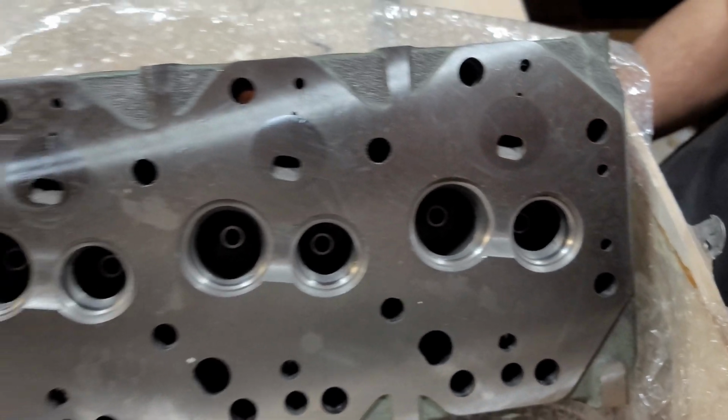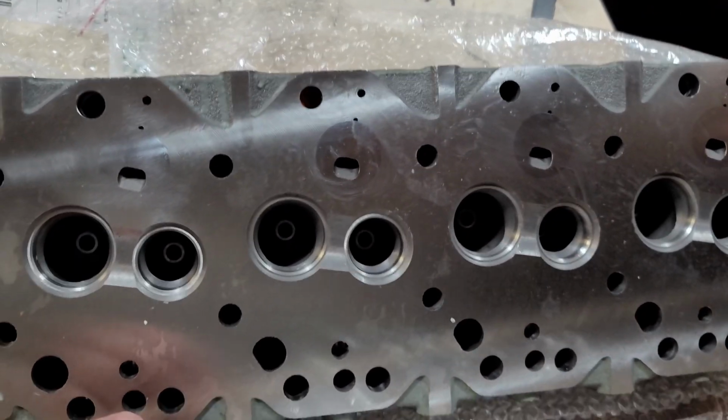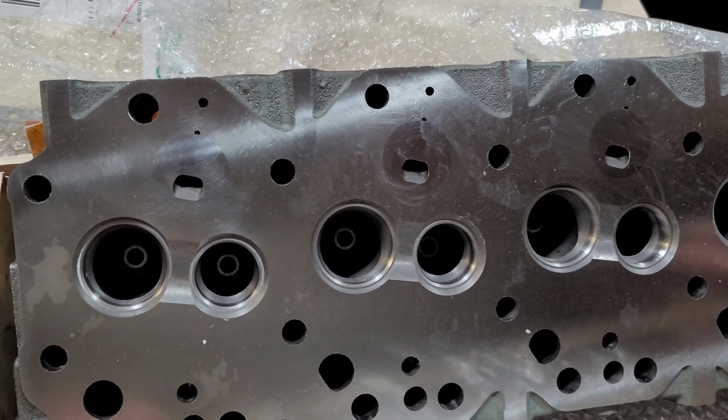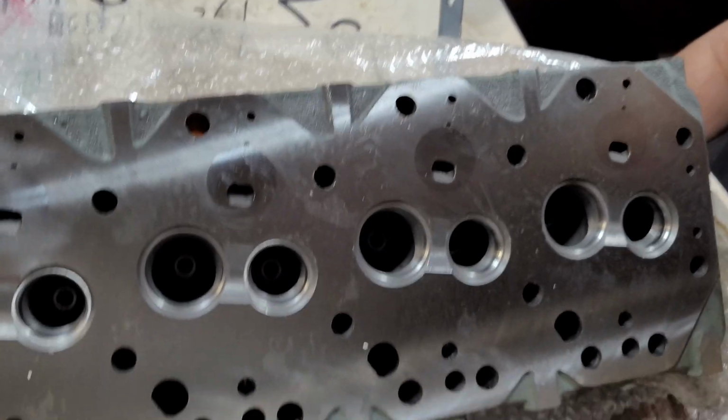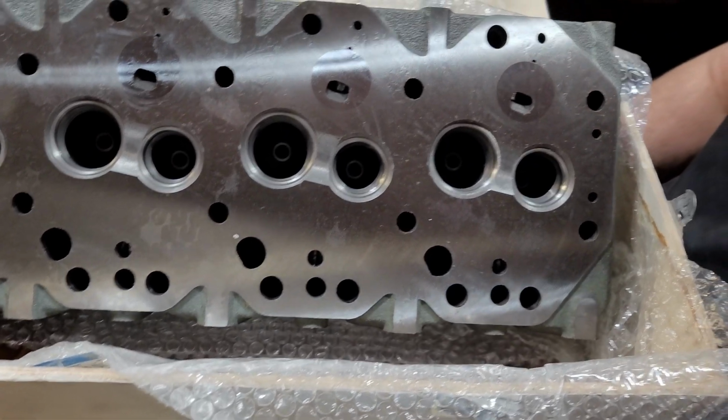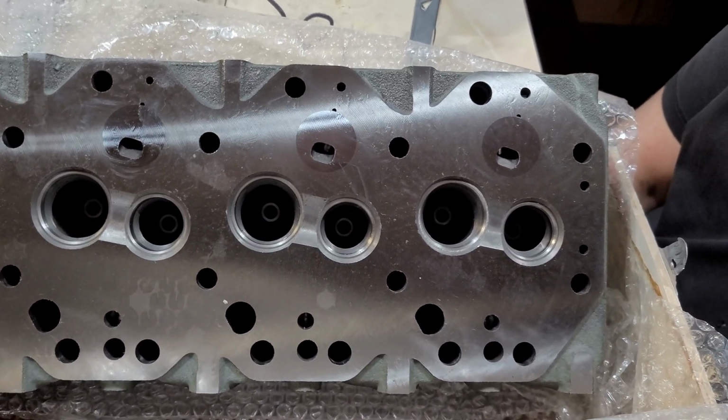Now, the problem is they came in multiple different valve sizes, so I've got to hope this is going to fit my valves. Well, you have to measure your... I know. I'm going to start by disassembling my old one, and then I'll check from there and compare it. But the problem is my old...